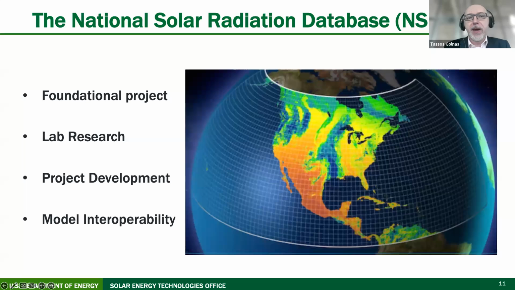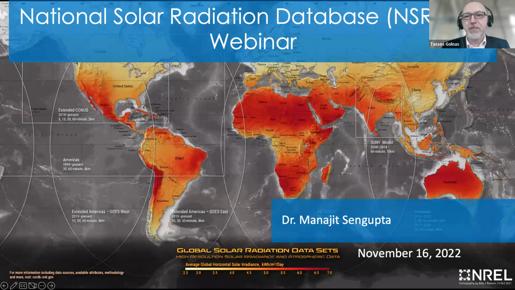Finally, the physical basis of the dataset provides transparency to the output and the product, and more importantly, allows interoperability with other physics-based models for the atmosphere and the climate. This interoperability is more than skin deep, as it also has an explanatory power, often absent from empirical or statistical and data-driven products. Without further ado, welcome to the webinar for the National Solar Radiation Database. Manager.